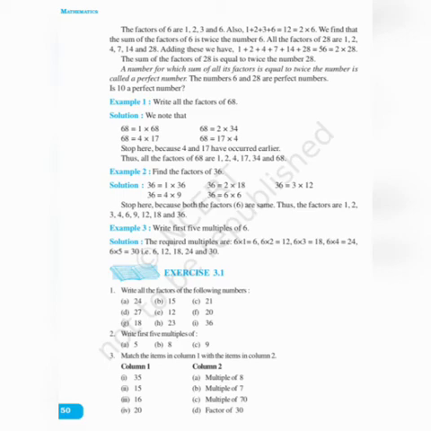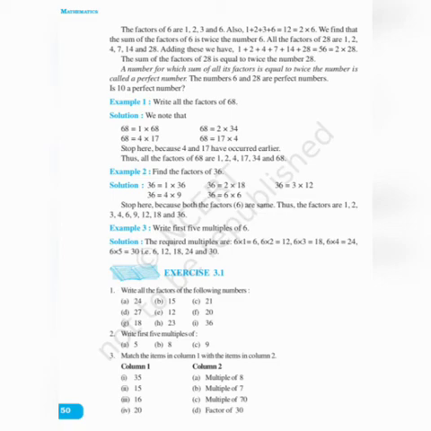Then the third table, it won't come, because 6 plus 8 is 14, which is not a multiple of 3. So it does not come in the third table. Next is your fourth table: 4 into 17. So obviously 17 into 4 will come. In the 5th it won't come, nor in 12th. So what are the factors of 68? 1, 2, 4, 17, 34, 68.